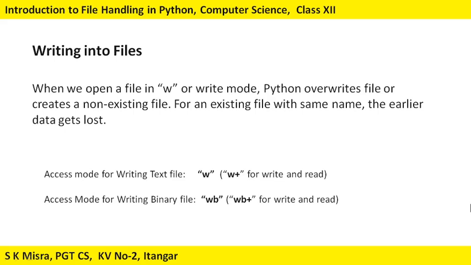Okay, so when you open a file in write mode, then Python overwrites the previous content of the file with the new data that you are going to write. For example, suppose there is a file where something is already written. Now I want to open the same file through a Python program and I want to write something new into the file. So what happens in case of writing? Python overwrites the previous content. That means when you write new data into a file, then the previous data will be automatically deleted and only the new data will reside in the file.